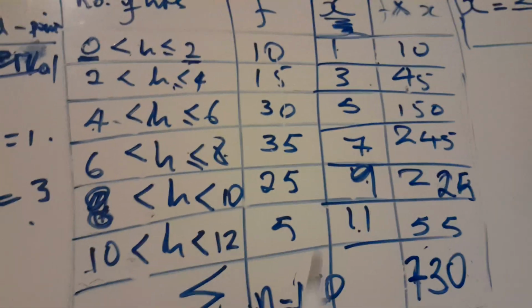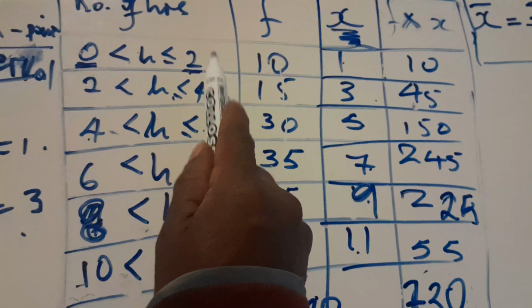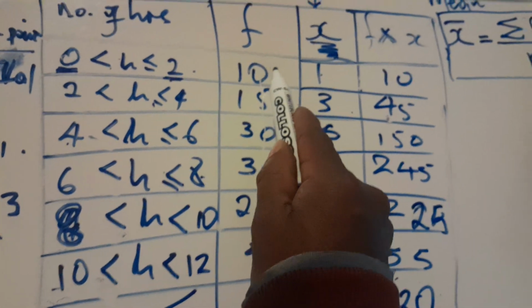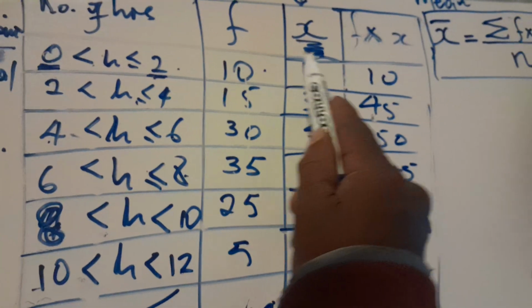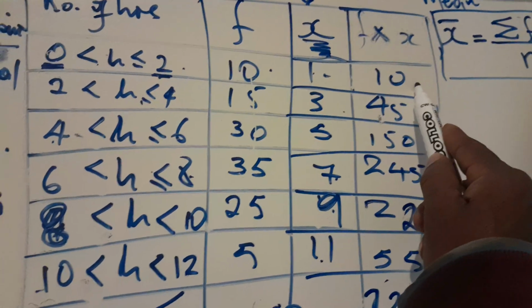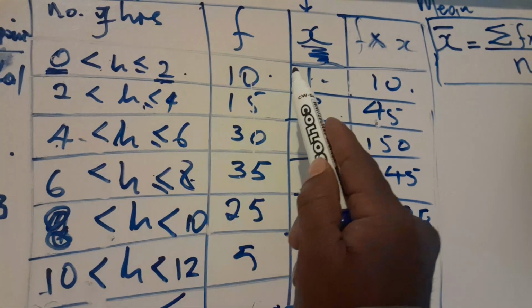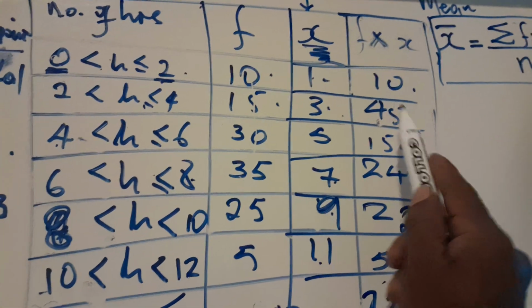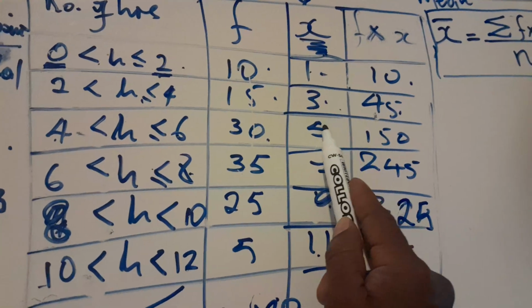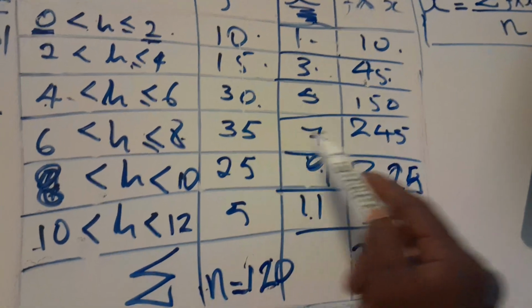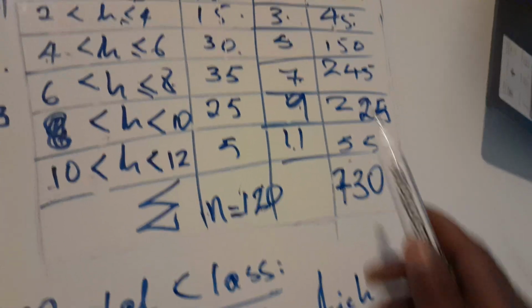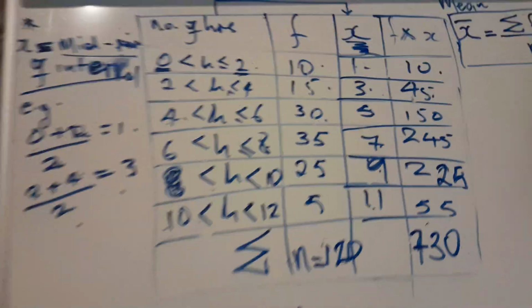So that, for example, if I want the total for the first class interval, it means I am going to multiply the number of variables here by the mid value, giving me 10. For the next class interval, 15 times 3, 45. 80 times 5 is 400, and so forth and so forth. Why are we doing this? It is because